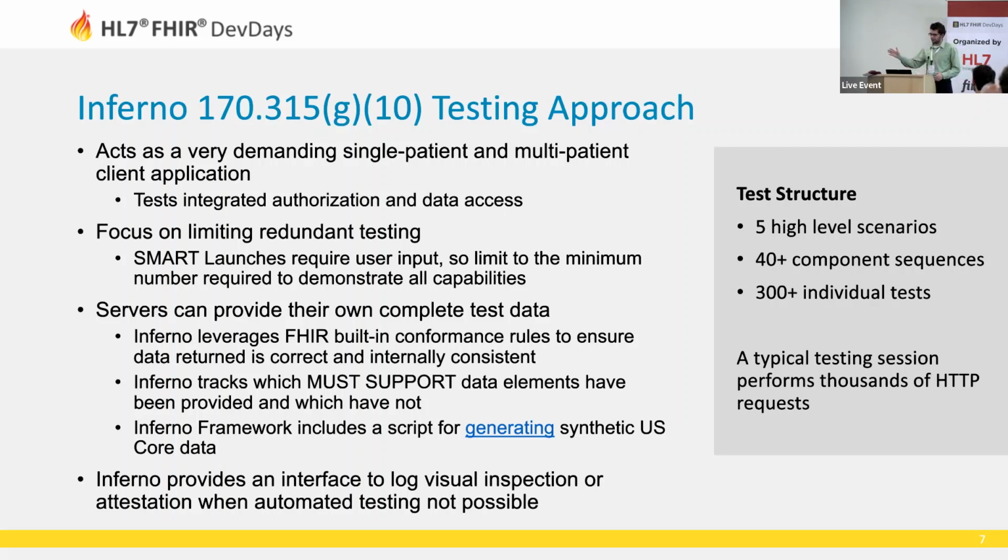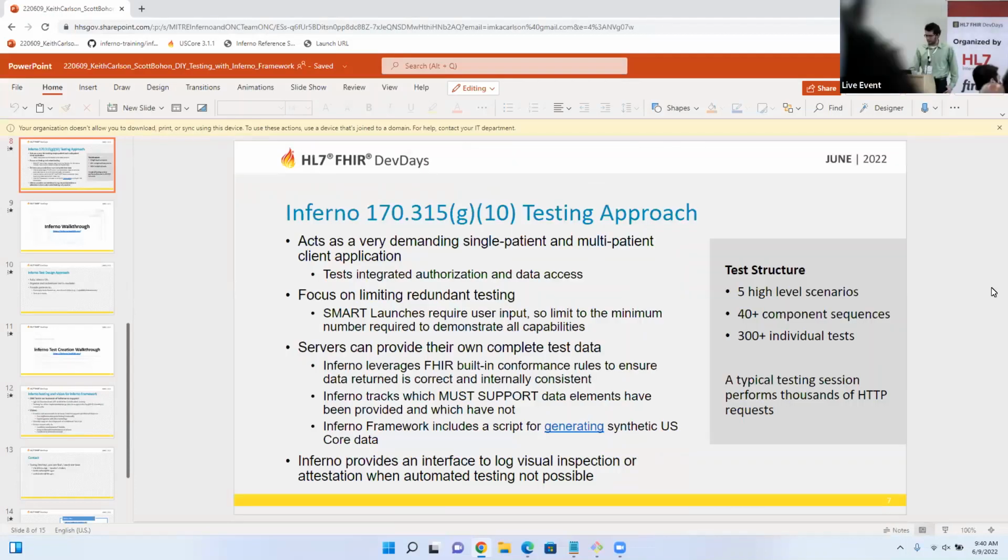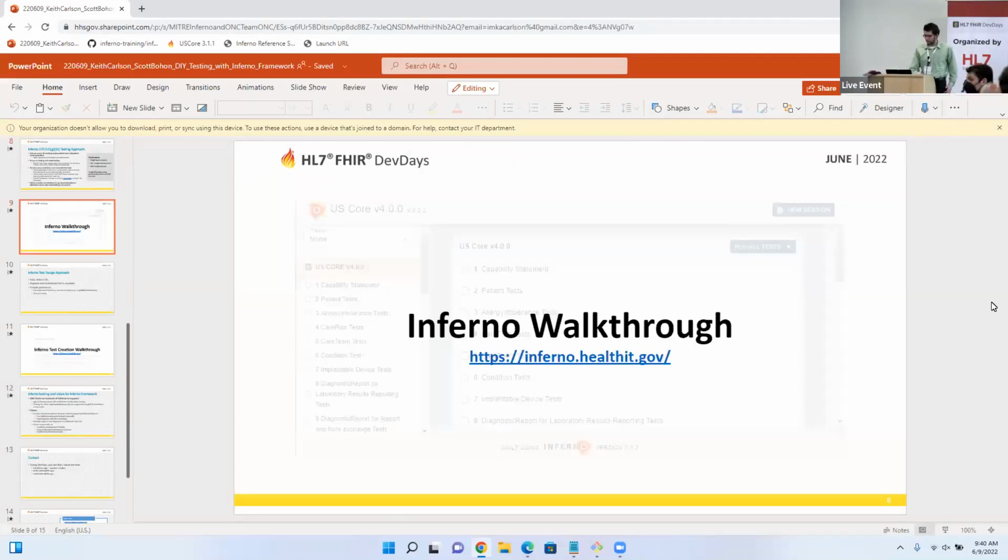And then just as a high level overview, there's a lot that's going into this test kit: 5 high level scenarios, 40 component sequences, 300 more individual tests, and thousands of HTTP requests that go into this G10 test kit testing. So now that I've gone over an overview, I'm going to do a walkthrough of what it